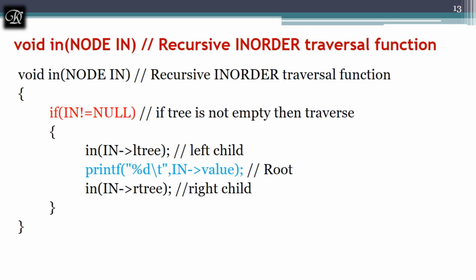Let's see the implementation of the same. Here you can check, we have used a recursive function where I'm taking a node called in as a root. It's the root which I'm passing from the main function, and you check whether the root is not equal to null. I call it in over here just to differentiate between the functions and the parameters. If you are confused by it, you can call it root and use root over here in all the places.